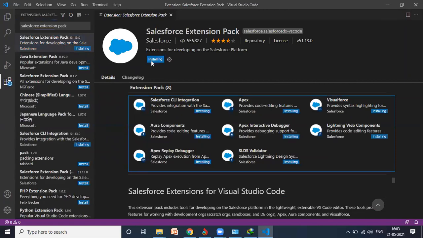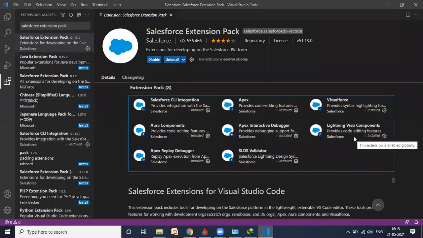Now, since there will be almost 8 extensions, it will be a little time consuming. So for time being, I will pause the video. Okay guys, so now you can see this extension pack is completely installed.